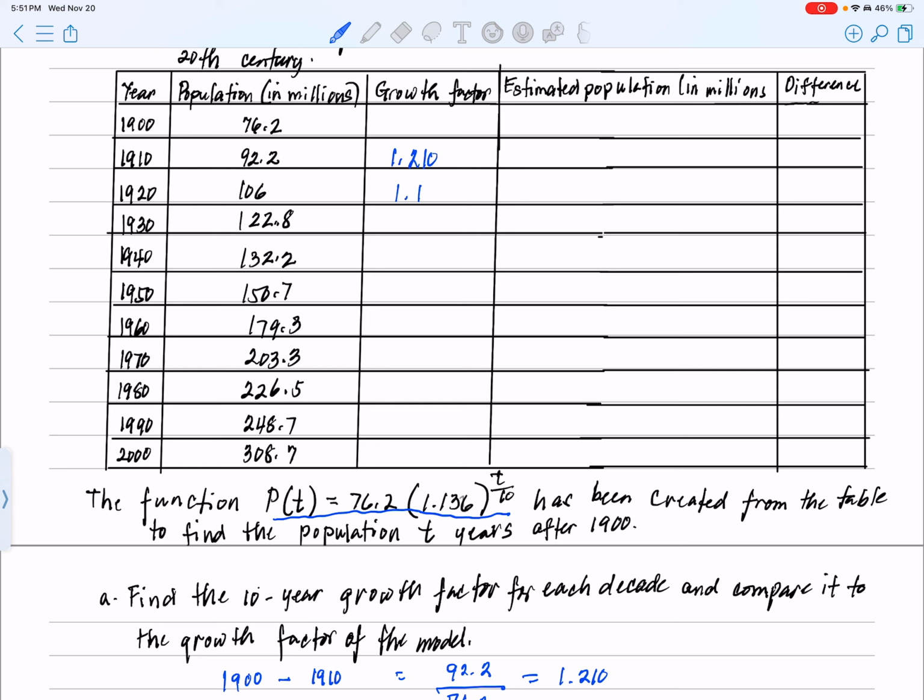By doing the same thing, we get the growth factor between 1920 and 1930. So 122.8 divided by 106, we come up with 1.158. Then between 1930 and 1940, we divide 132 by 122.8, we come up with